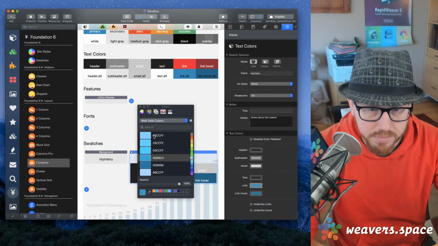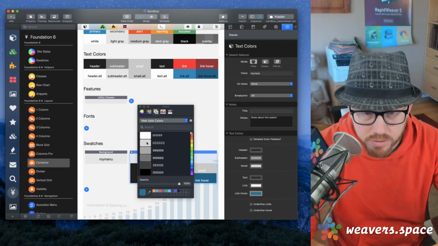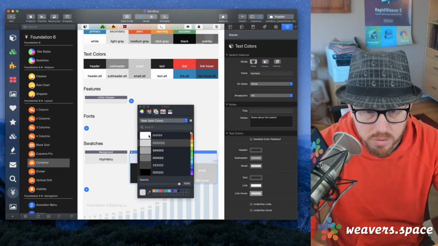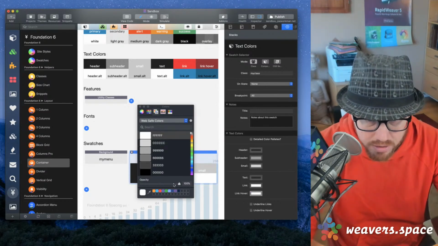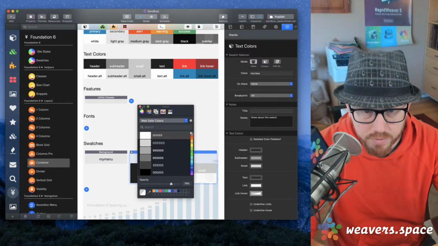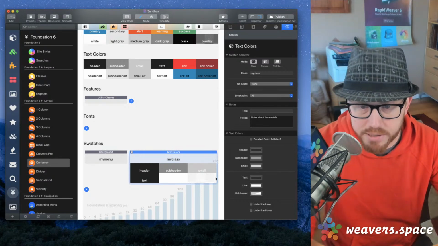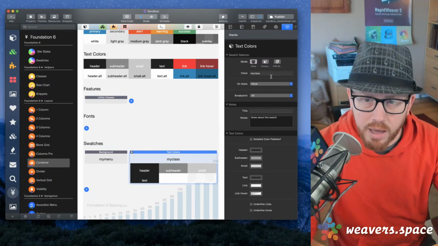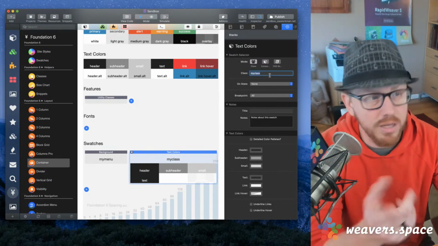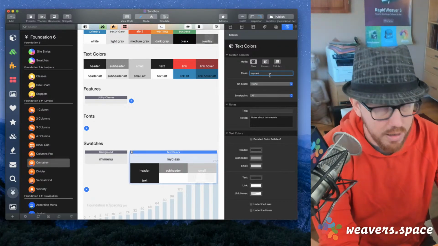Let's just make it white. Okay. And maybe the hover color, if we want to do, or maybe we'll do white with like an 80% white or something like that. So now our link color here is white and 80% white. And we have to add our class. Now I'm already using my menu for this, right? So I'm going to do my menu